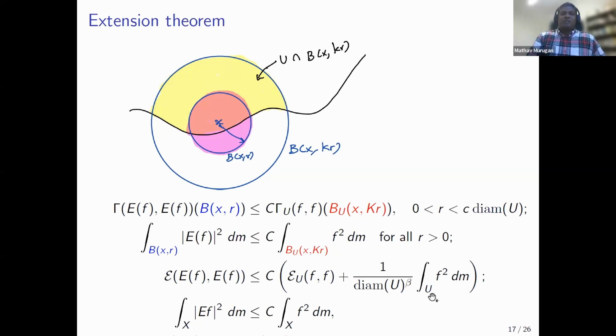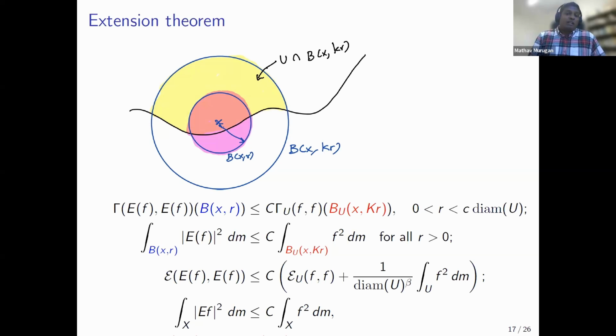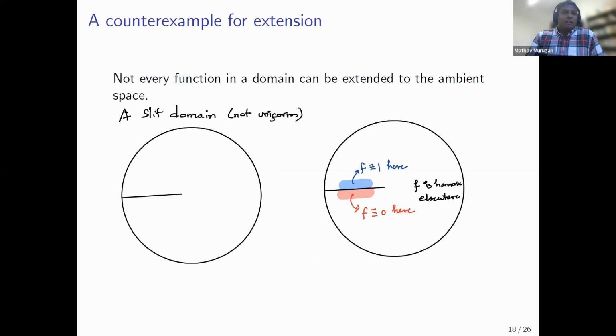And one can show that one cannot do better than this, in the sense that these bounds are sharp. Okay, so if you have not seen this, these kinds of extension properties are quite classical. In fact, this Dirichlet form can be thought of as an abstraction of the W^{1,2} Sobolev space. So there are studies on this extension property for Sobolev spaces in general,